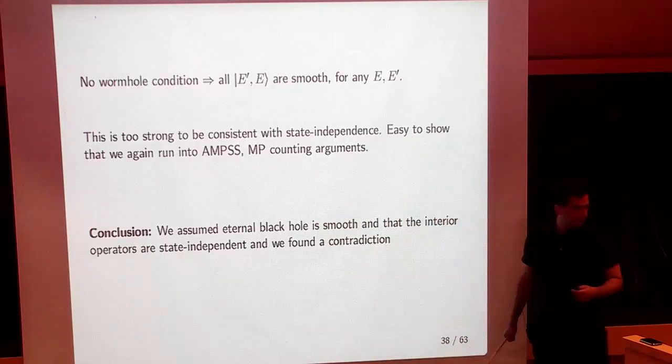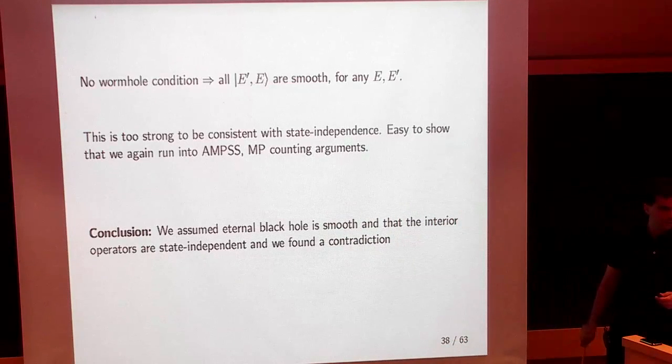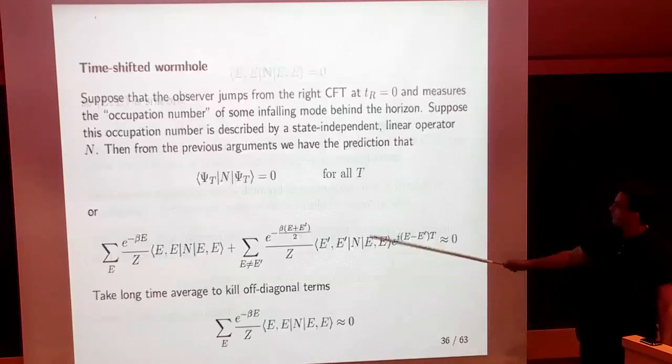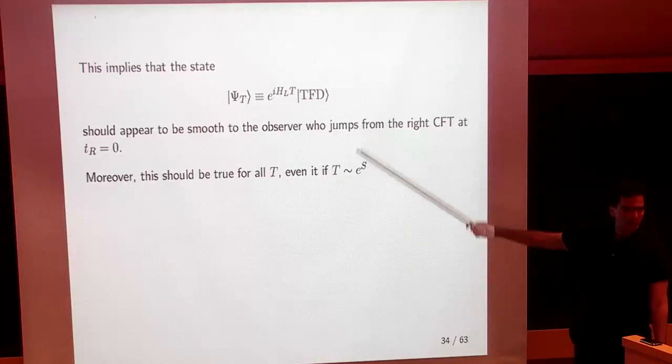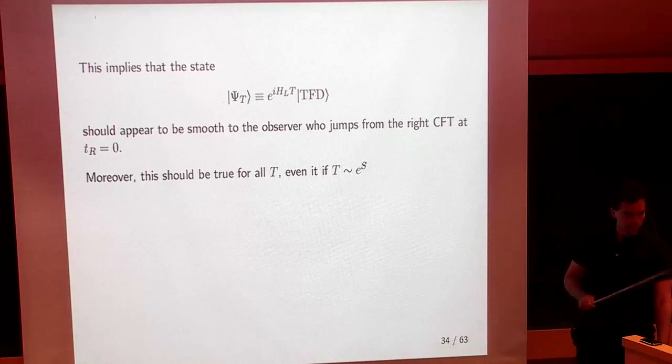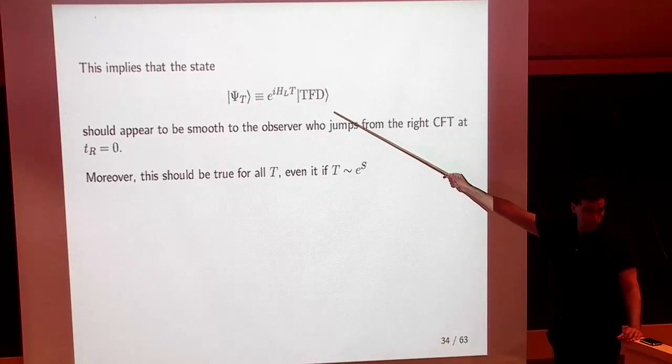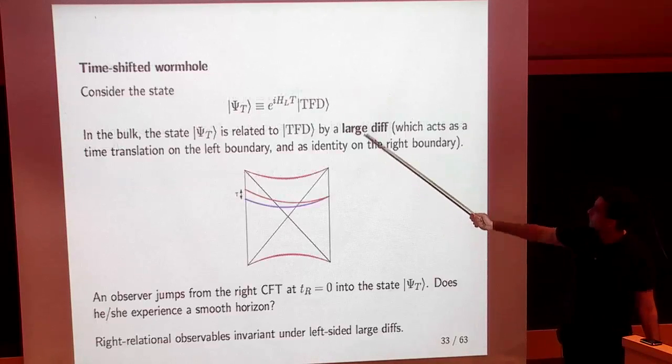There's a question with that. Yeah, I think when you go to these large times that you want to go, there are some arguments that you can make that the black hole horizon is not smooth anymore. Okay, that's another logical possibility, to find a mechanism by which these states become singular after some large amount of time. But maybe we should discuss it later, because I think it will be very hard to find a mechanism which is actually consistent with the Killing isometry of the thermofield double. The thermofield double state has a Killing isometry, right? It's an exact statement.